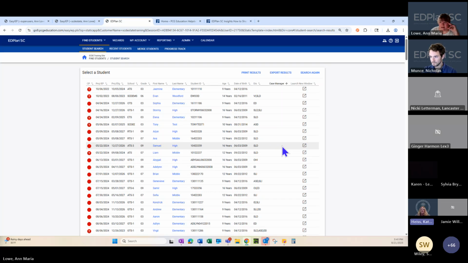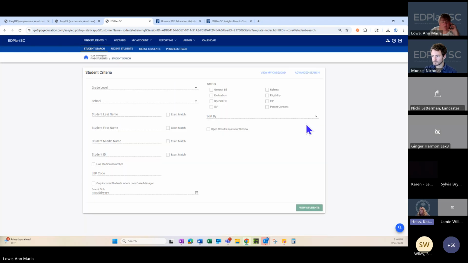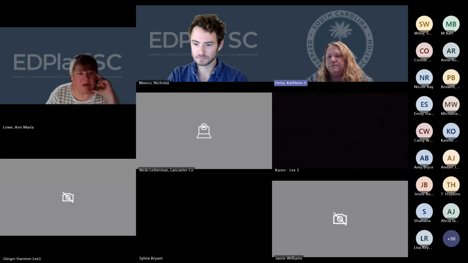There are multiple ways. I always say in Ed Plan, there's more than one way to get where you want to go. Even with advanced student search, there are 2 different ways to get there. But I just like this because I think it's quick and easy. And so that takes care of reporting. And so we're going to move on to kind of,